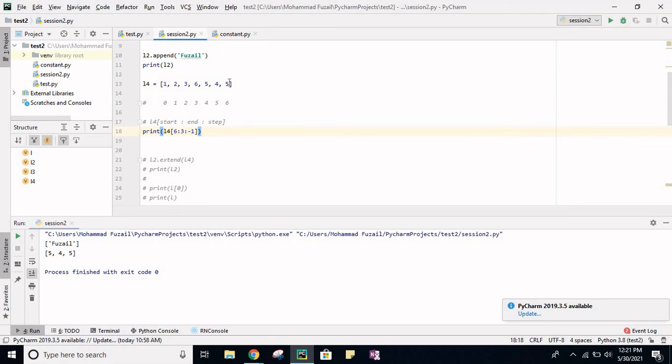Clear hai? Now in reverse order, from last to this, let's say up to 6 we want. Then we have to pass a starting index, which is 6. So we passed 6. We have to end at 6, matlab we have to include 6. So what will be the index of 6? It is 3, right?